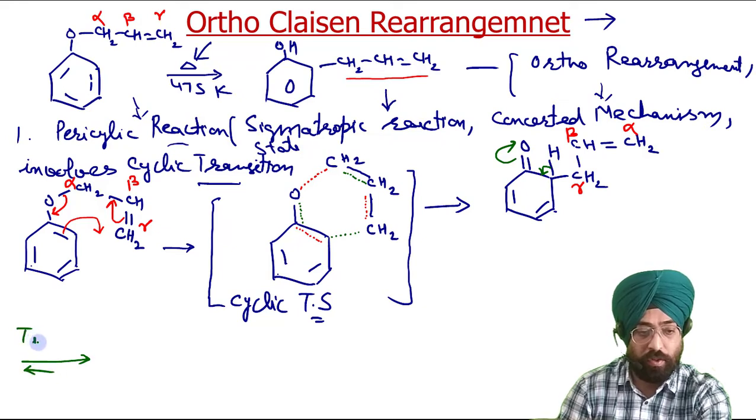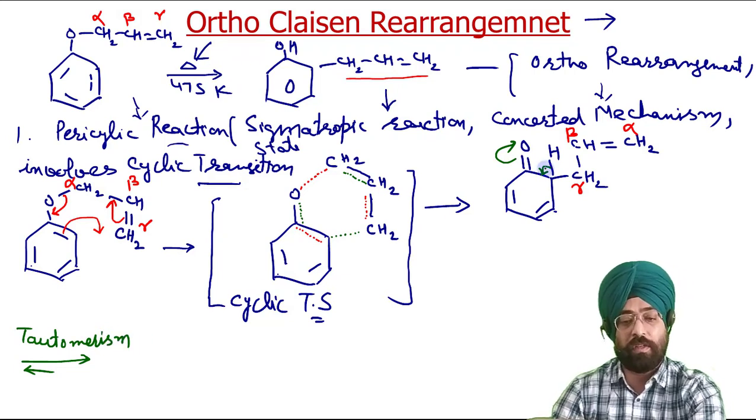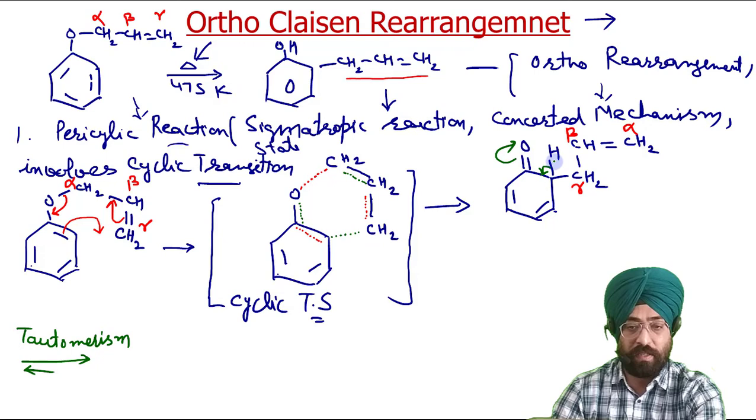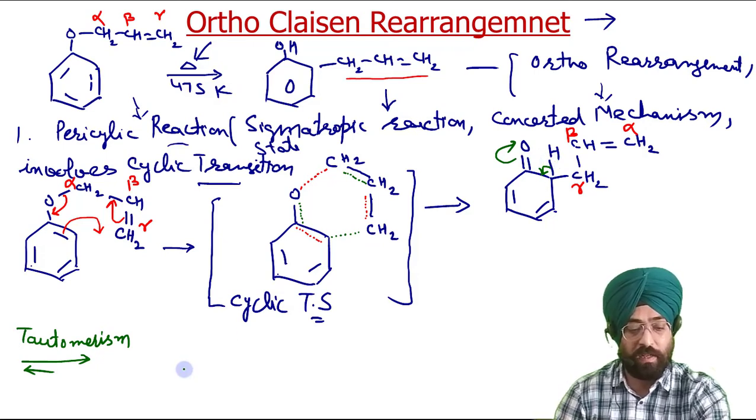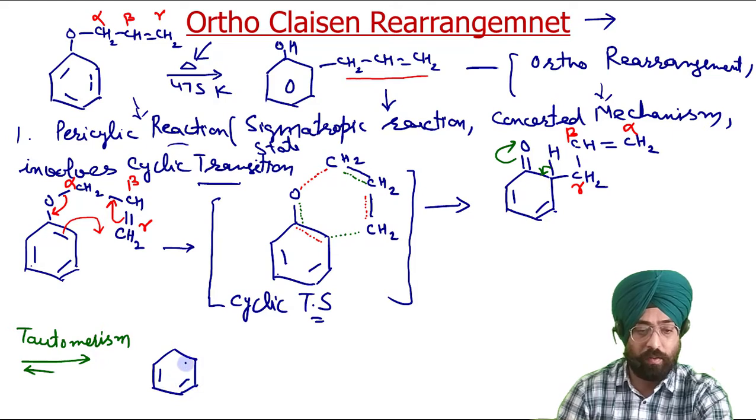So that is your tautomerism. So this is your keto form. We will get a more stable enol form because that is aromatic. This hydrogen will shift from this to this. So what we get, we will get our products that are the desired products. So substituted phenol, and the substituted atom is at ortho position.